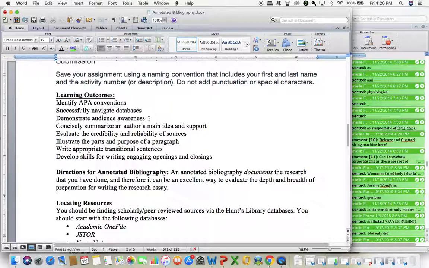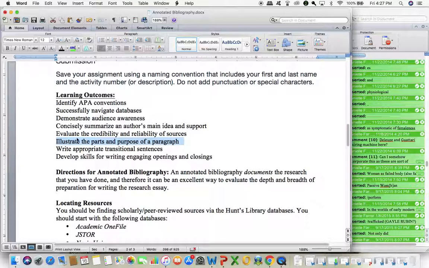It demonstrates that you can successfully find sources, demonstrate audience awareness, writing in an academic tone, etc. That you can write an annotation, that you can concisely, and that's the key word there, summarize, craft a summary, and then execute analysis,